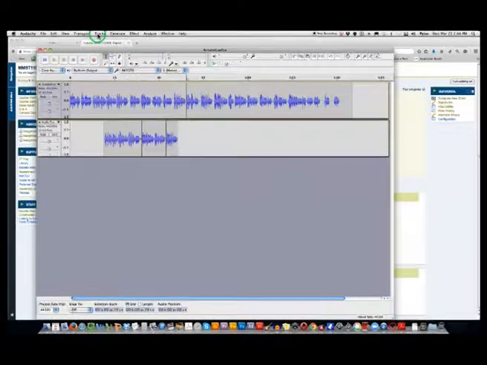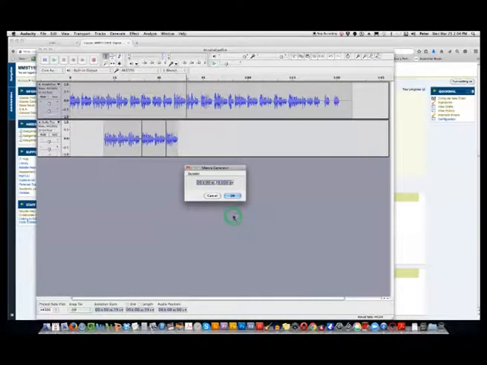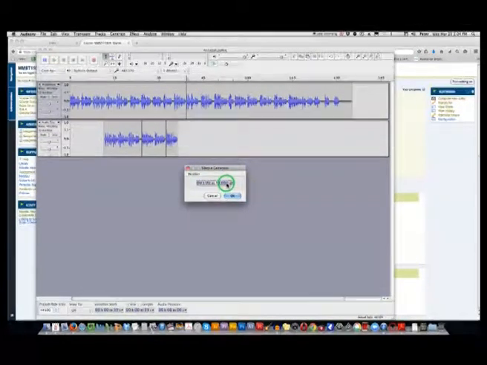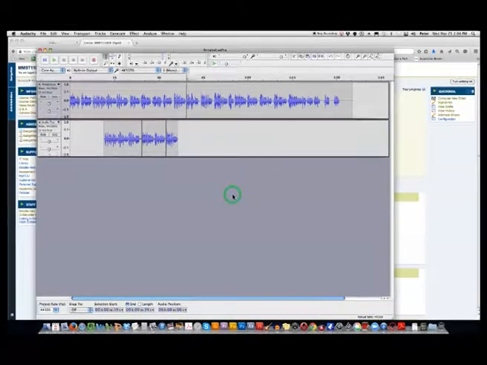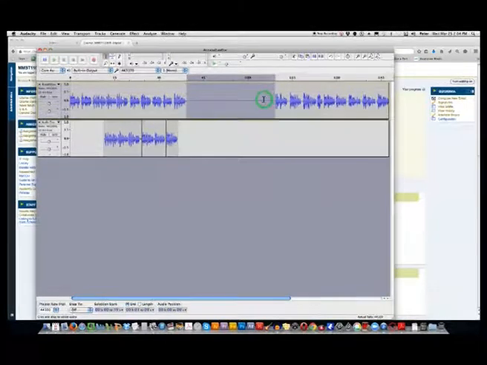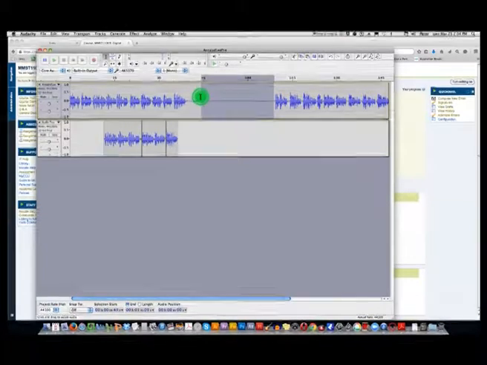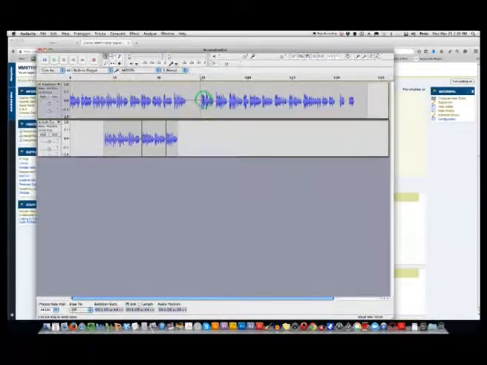You might want to generate silence. I don't want 30 seconds of silence. I maybe want 1 second of silence. Let's see what I do there. It put too much silence in, but then I can, of course, go back and just press delete and put more silence in. I put too much silence in there. I don't think we need silence, but you can do all sorts of things like that.